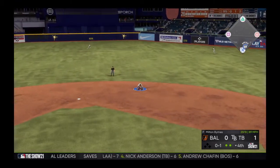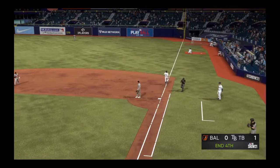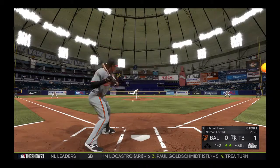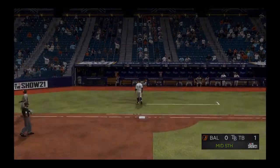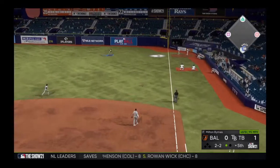And then it's going to be Willie Adames. Ground ball to second. And that's going to do it for the Rays in the fourth, but not before Randy Arozarena gives them a 1-0 lead here as we now go to the top of the fifth. Jones chases one in the dirt, gets by Mejia, but again, able to get it down to Brandon Belt. That's going to do it for the Orioles in the fifth, and it's Andrew McCutchen with 1 out here in